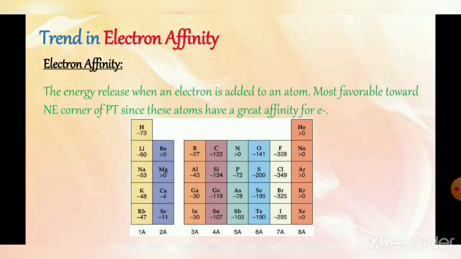Now students, in this case, if we move from top to bottom and left to right, you will observe here that fluorine has a greater tendency towards accepting an electron, and if we look at the family 1A, we will notice here it has less tendency towards electron gaining, that is, we can say electron affinity.